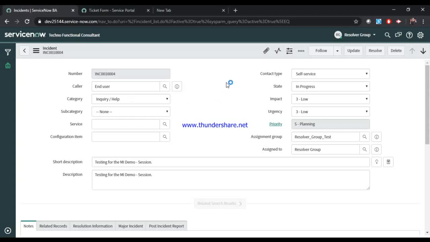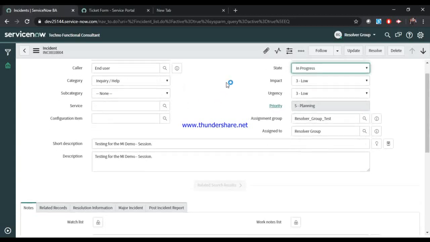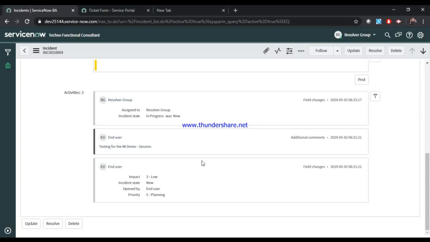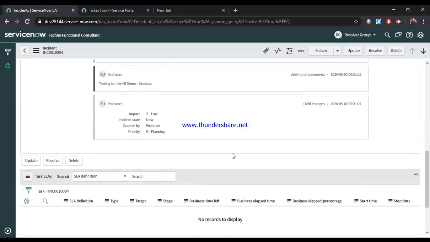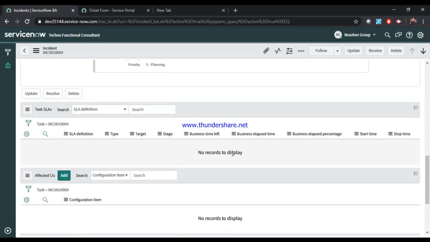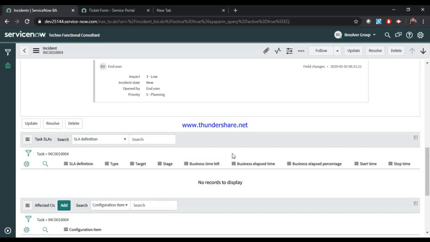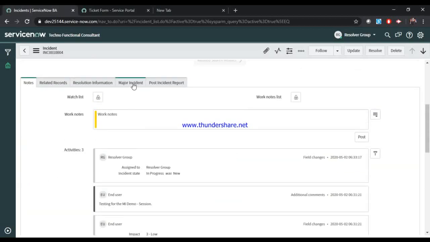Before that, let me take you to one part. You can see nothing is there at this point of time because I did not do any configuration at my end. So it is completely out-of-the-box functionality. You can see here major incident. If I click on this tab, in the meantime it will open. I'll again go back to my procedure level. Those procedures need to be defined by the customers, as to how they want to take care of all this.